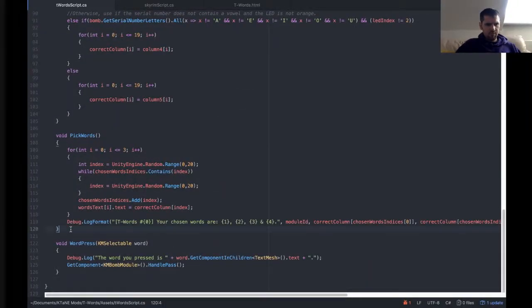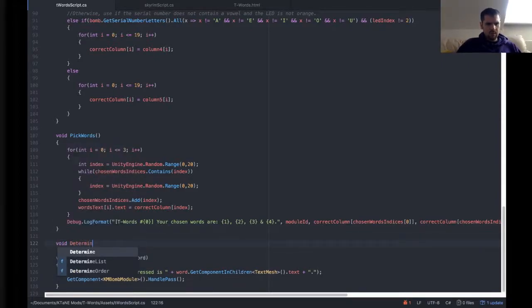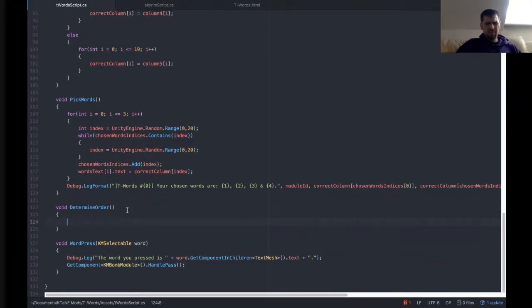Come down here, put it under there, void determine order. Now, at this point, I'm going to try and do it from memory, but I might show you a little coding secret. There's a coding secret, and it's called Google. Efficient Googling is really, really handy when it comes to